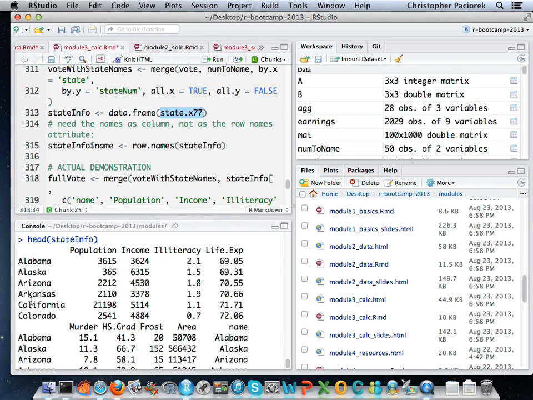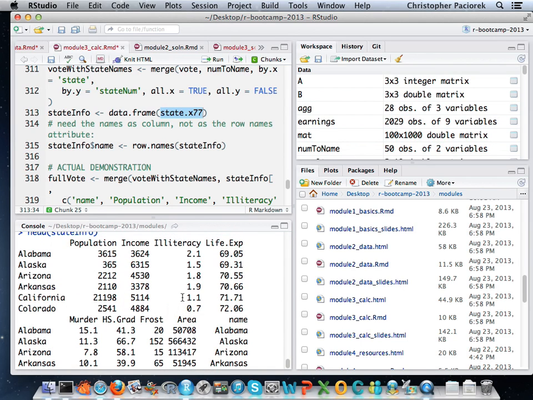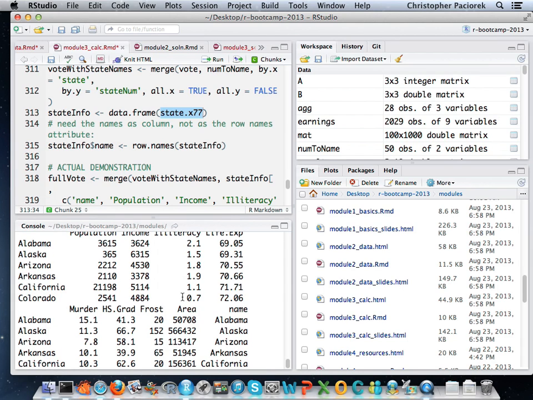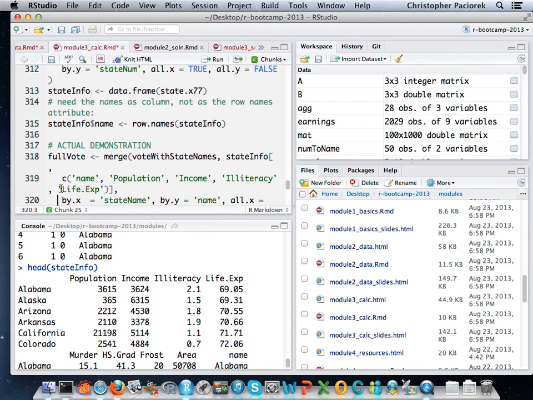They're not actually a field in the data set, so I'm not able to merge based on the row names. I need to have it actually be an explicit column. So here's the actual explicit column with the names of the states. And then here's the state level information that I want to merge into the individual voter data.